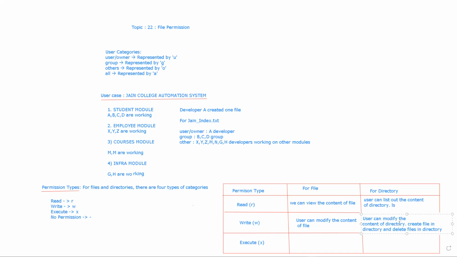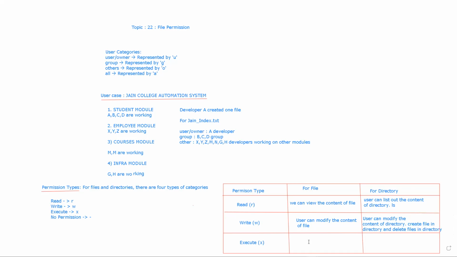So modifying the content of the directory means he can add some new file into the directory. In other words, the user can create a file in the directory, as well as delete a file in the directory. That is called the write permission, right?